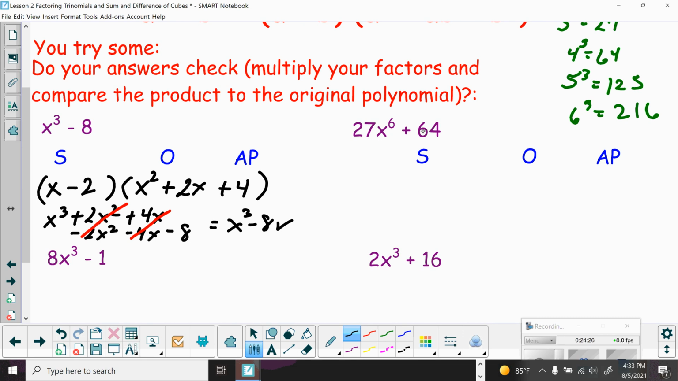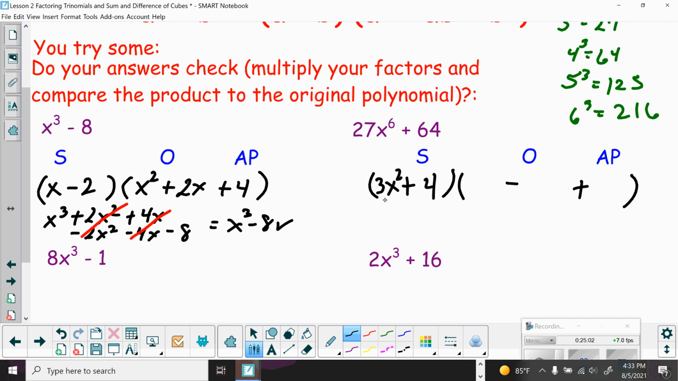Let's try this one over here. 27x to the 6th plus 64. Again, I'm going to set up my parentheses. 27 is a perfect cube, x to the 6th is a perfect cube, and 64 is a perfect cube. So the same sign, the opposite sign, and then always plus. The cube root of 27 is 3. The cube root of x to the 6th is x squared. 6 divided by 3 is 2. 64's cube root is